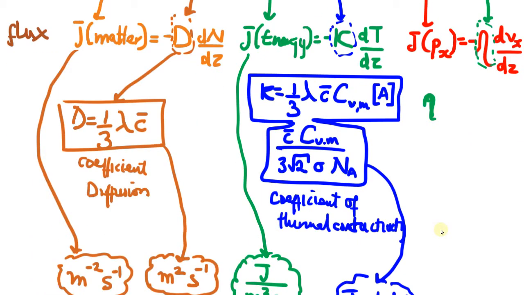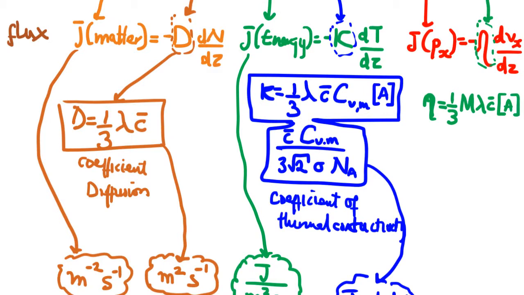The coefficient of viscosity is shown as 1/3 multiplied by our molar mass multiplied by lambda, the mean free path, multiplied by our mean speed multiplied by our concentration of our gas,